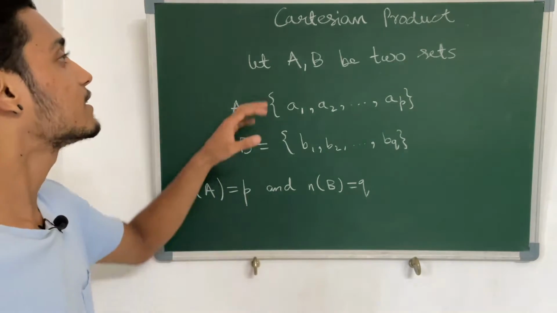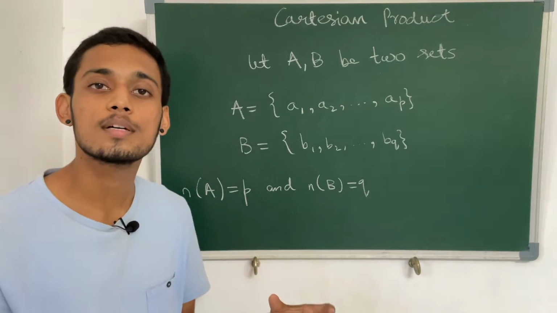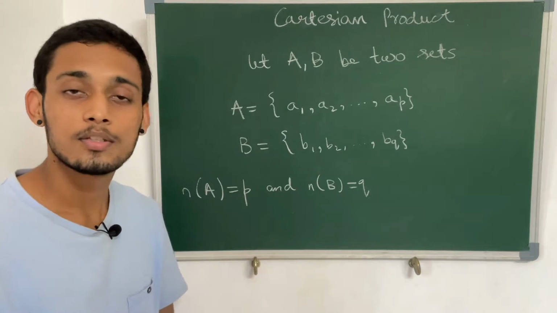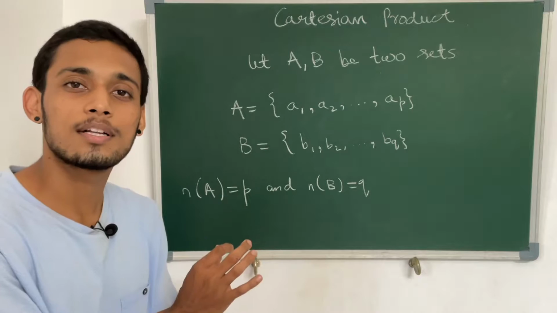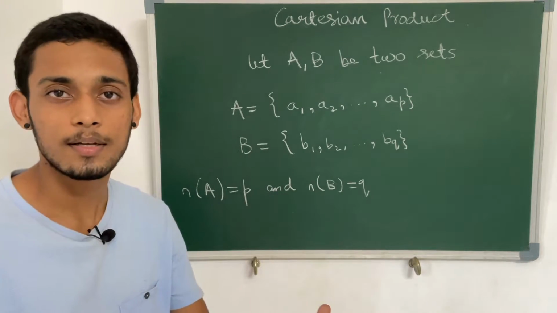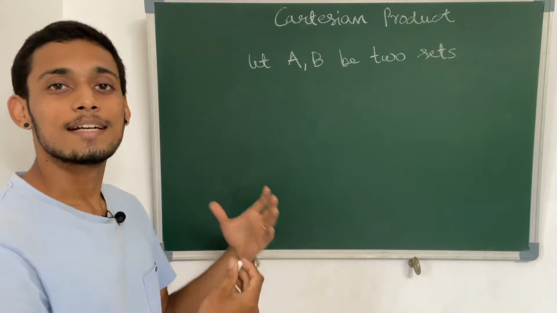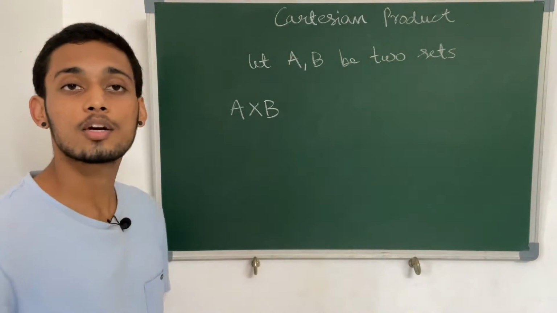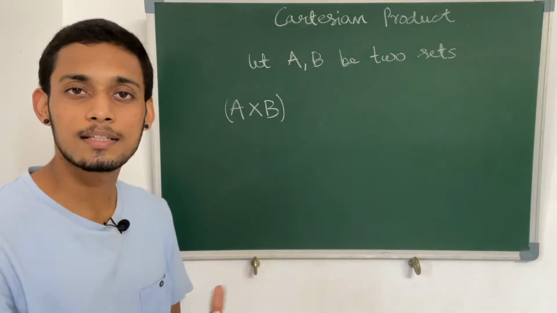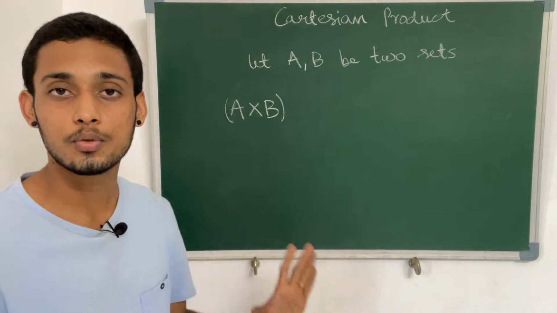Now what we are understanding is the Cartesian product. So Cartesian product is an operation that we perform on two sets, any two sets. The hint we get is, we just learned what is the meaning of an ordered pair. So Cartesian product basically gives us an ordered pair, but how it is ordered is what we have to understand now. The Cartesian product is written as A cross B. This is not exactly the multiplication that we see with numbers, it's just an operation. We are just representing an operation between these two sets.